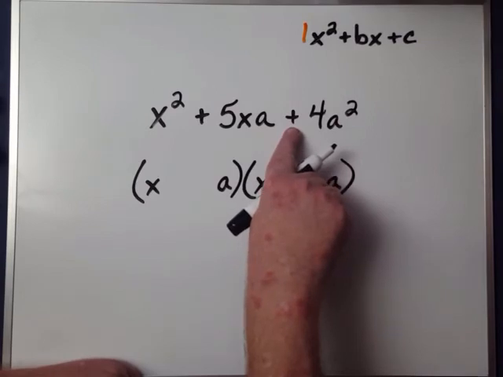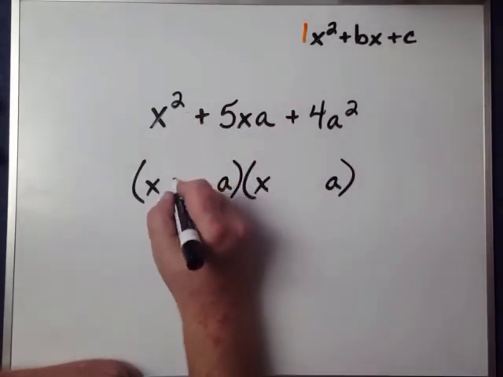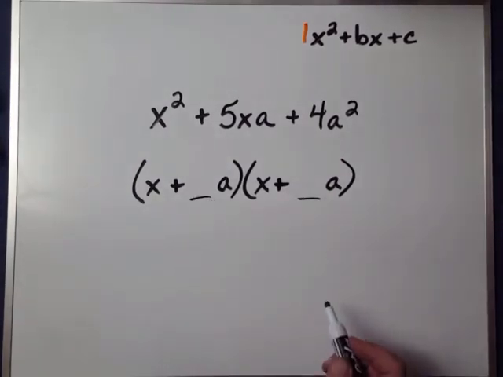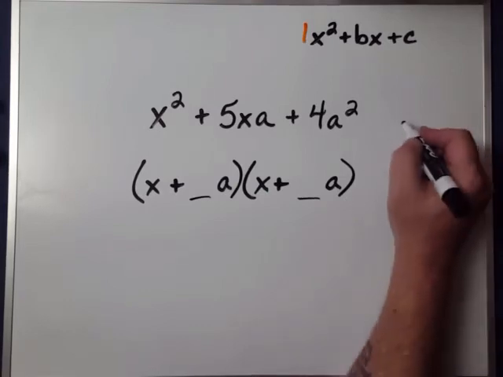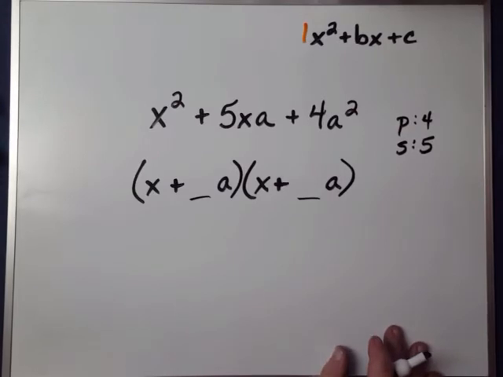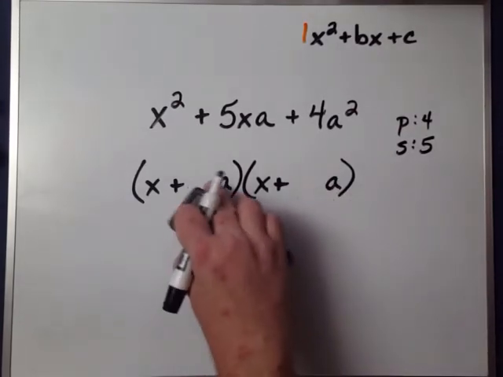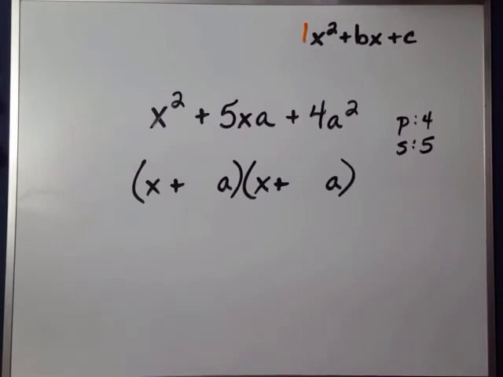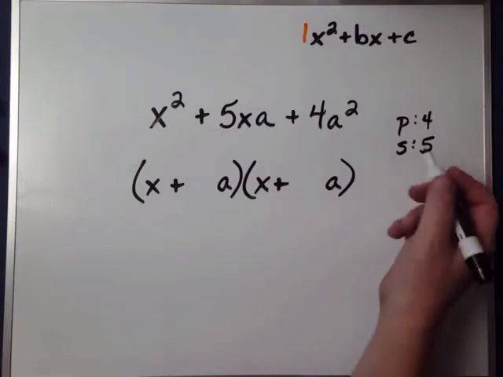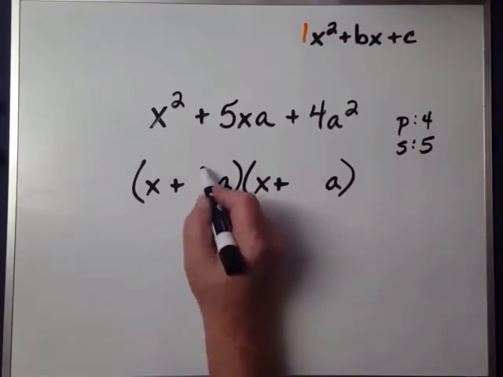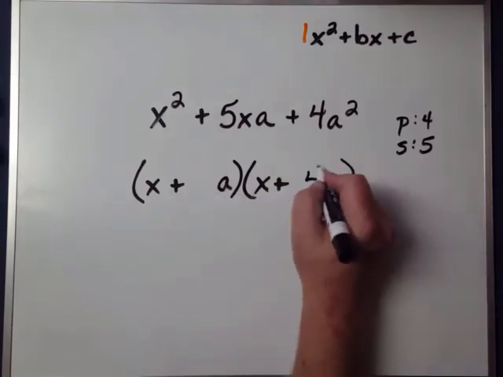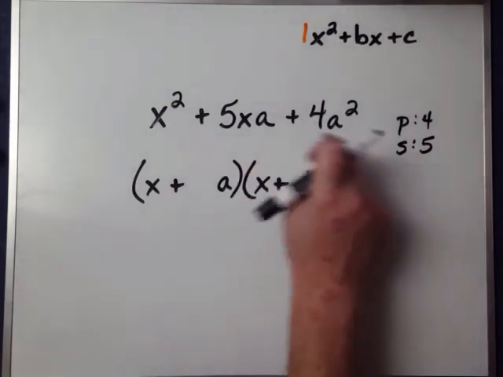Right here, my signs will be the same. Right here, in fact, they'll both be positive. And I'm looking for two numbers. I'm filling in these two blanks. I'm looking for two numbers whose product is that 4 and whose sum is 5. You know what two numbers I'm after, right? The two numbers I'm looking for are 1 and 4. 1 and 4 multiply to give me 4 and add up to 5. We don't see a coefficient of 1. Because the a is here, I don't write the 1. If the a had not been here,